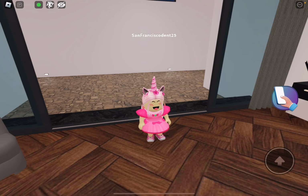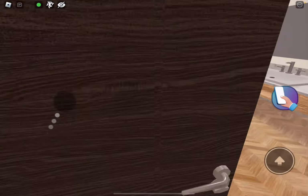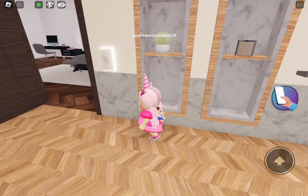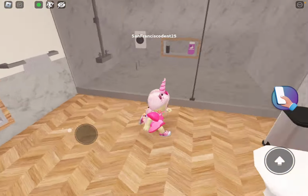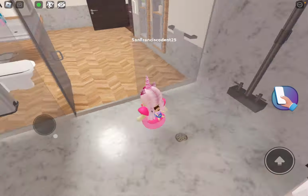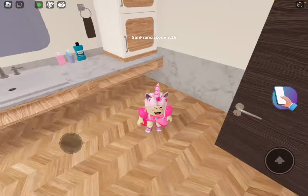Next room is this room. But this is my parents' room anyway. So, and this is another bedroom with a bathroom. But this time, yeah, got 2 of these things. We got another shower, but it looks the same as the other bathroom. You open this door, you click this button. We got a toilet, sink,